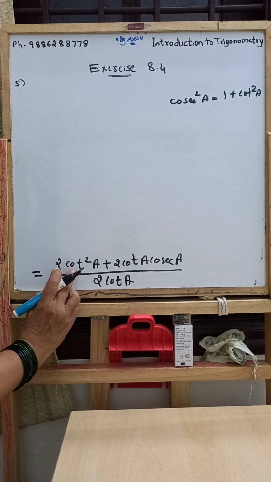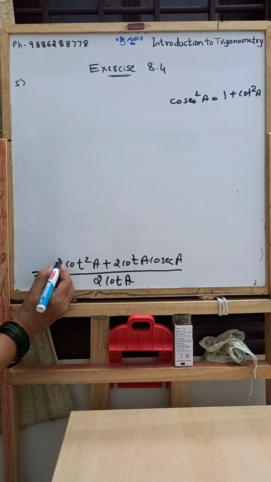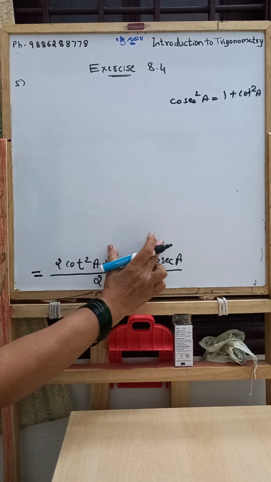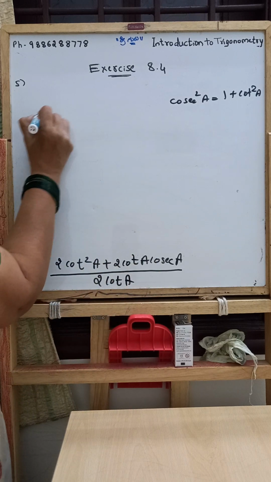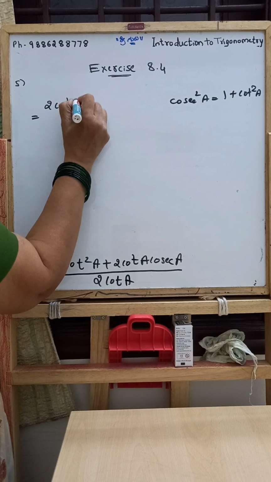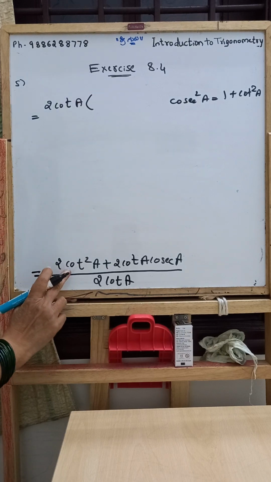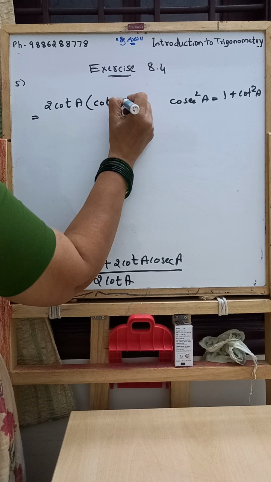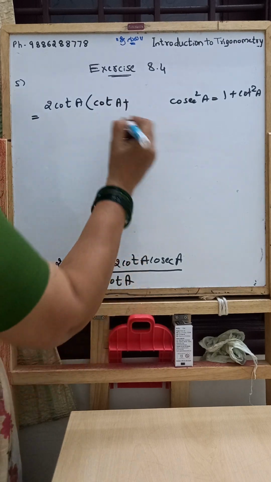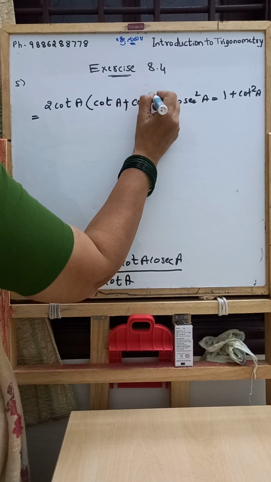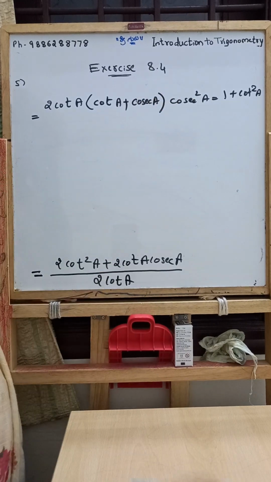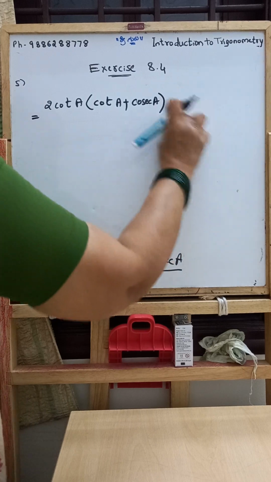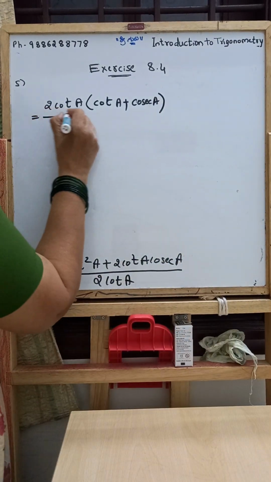When you observe the numerator, we have the common term 2 cot A in both the terms. This is the first term, this is the second term. So, taking out that common term 2 cot A into bracket, we are left with cot A plus cosec A. Right? And in the denominator,